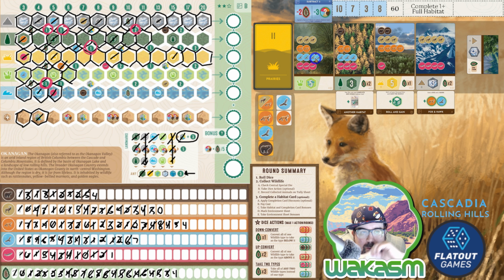I can get an elk. I still have 4 of these tokens. The problem is I don't get any tokens back from that. I think I want to do the forest. Problem is I can't finish the forest easily with a 3. But I don't know if there's any more forest cards left. I'm assuming there's some forest cards left. Yeah, I think maybe we just take...